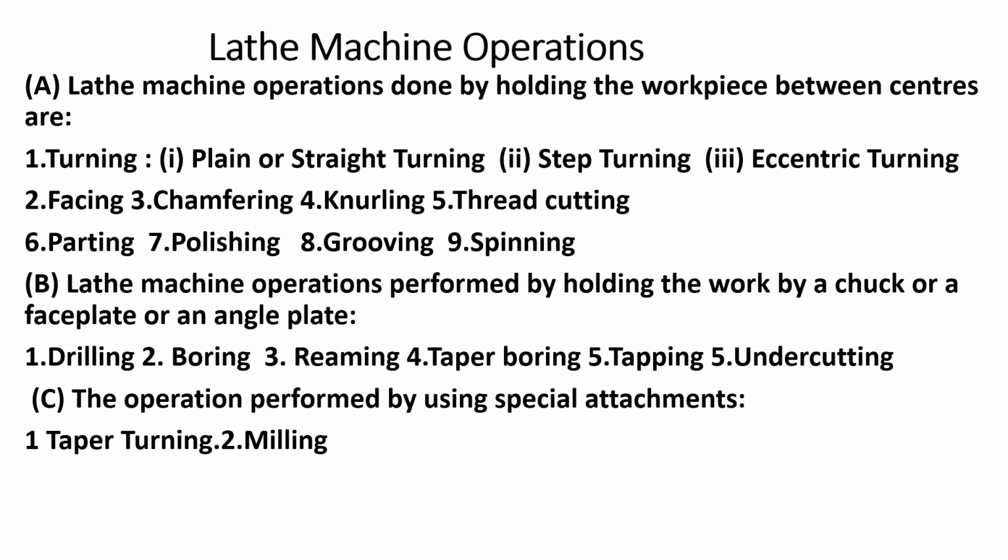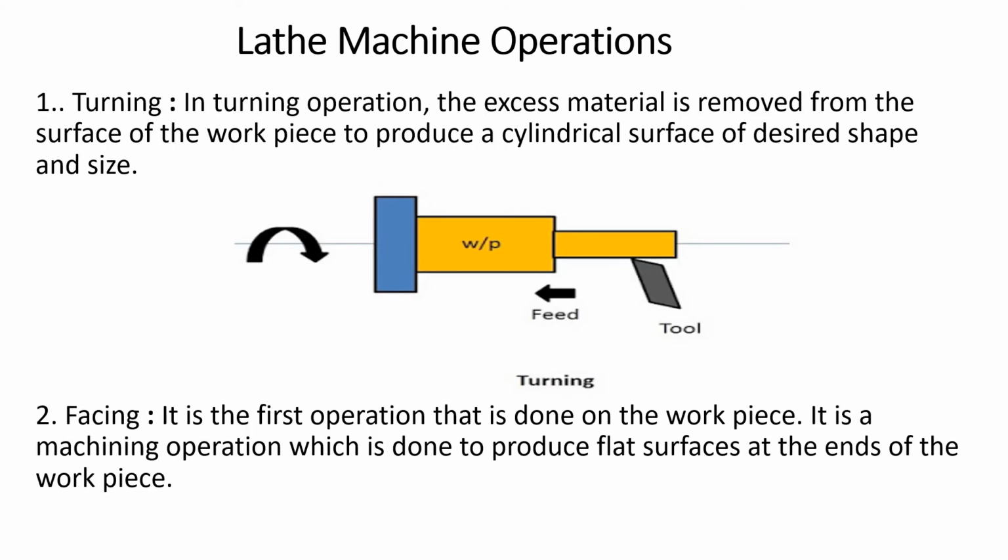Next, machining operations. Lathe machine operations are done by holding the workpiece between the two centers. Many operations are there. With the workpiece held between the two centers, we can do turning, facing, chamfering, knurling, threading, parting, polishing, grooving, etc. If the work is fixed or held on the work chuck, we can do drilling, boring, reaming, taper boring, tapping, undercutting. If special attachments are added to the lathe machine, we can do taper turning and milling. So, lathe operations: